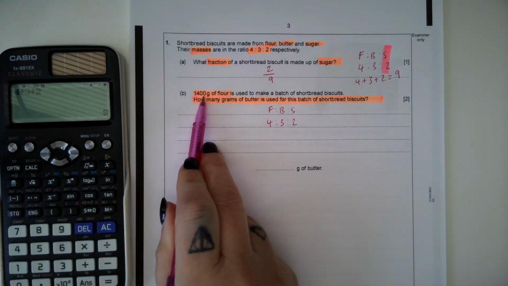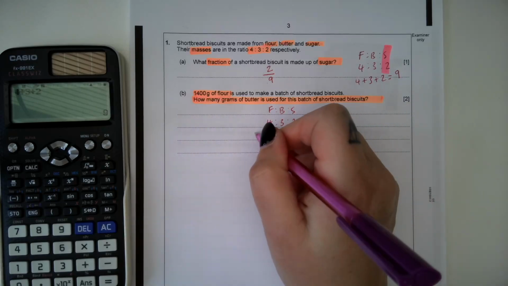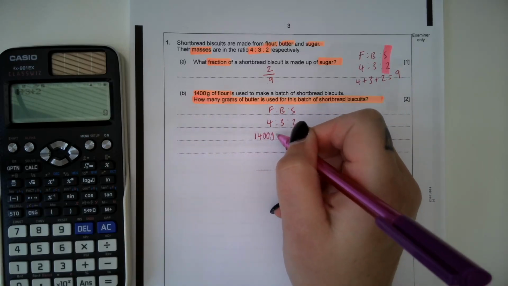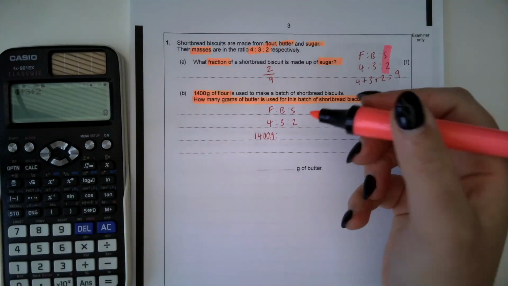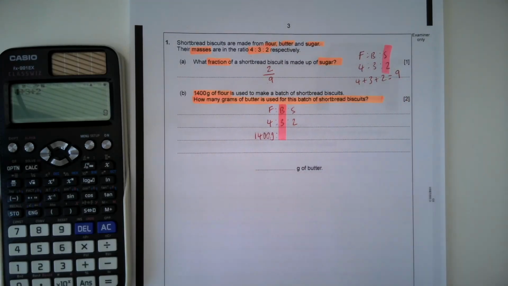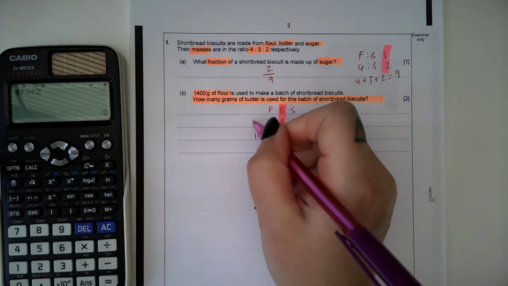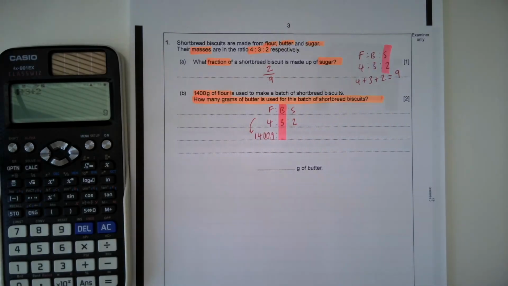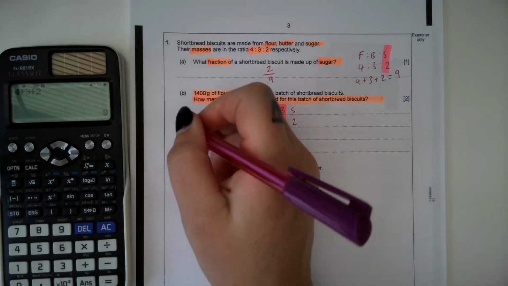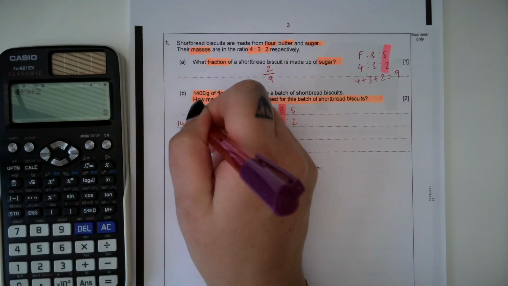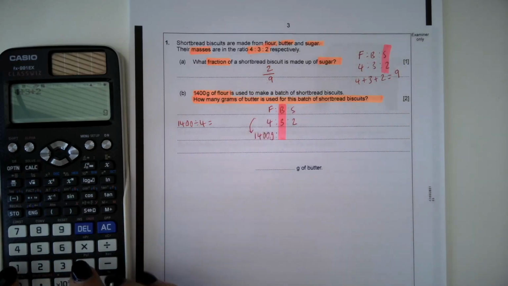Now they tell us that flour is 1,400 grams. So I'm going to pop that there. So I know that flour is worth 1,400 grams. What I'm interested in is how much butter is used in this particular batch. So I'm interested in that column of my ratio there. So I need to find out what has happened to scale up this ratio of flour from 4 to 1,400. So I'm going to do 1,400 divided by 4,